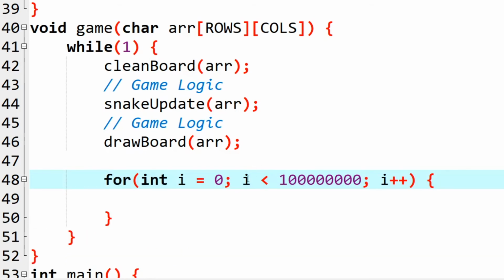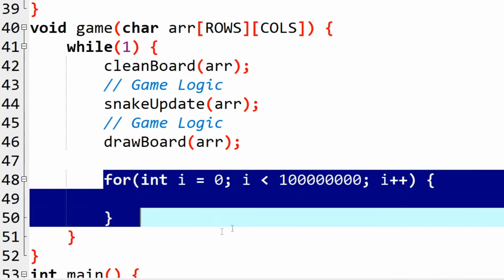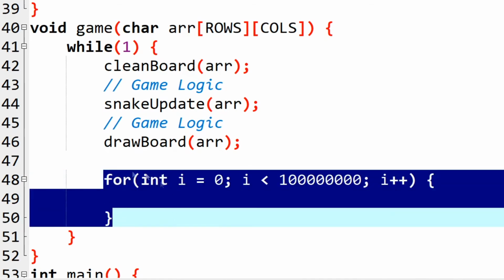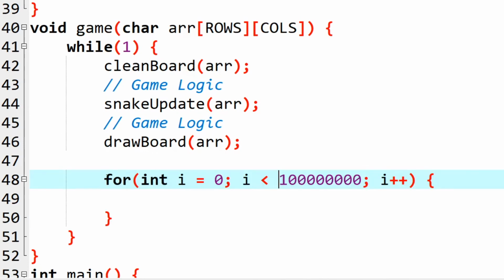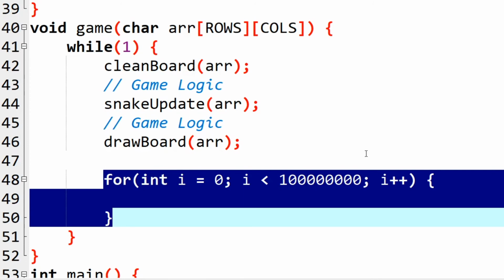It does nothing, there is nothing here, but this calculation will take some time. This loop will run for some time. We need this time in order to slow everything down. We can use a system sleep. It is much better to use a system sleep, but right now let's keep it simple and keep this loop that will slow things down.